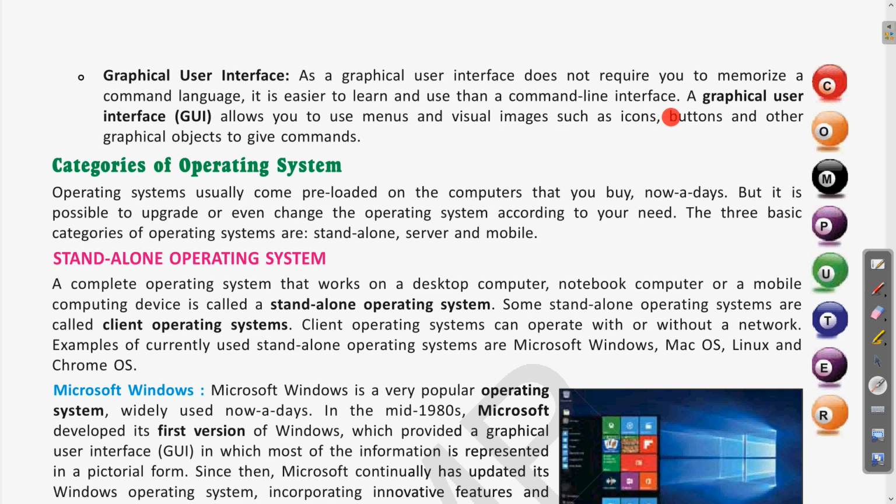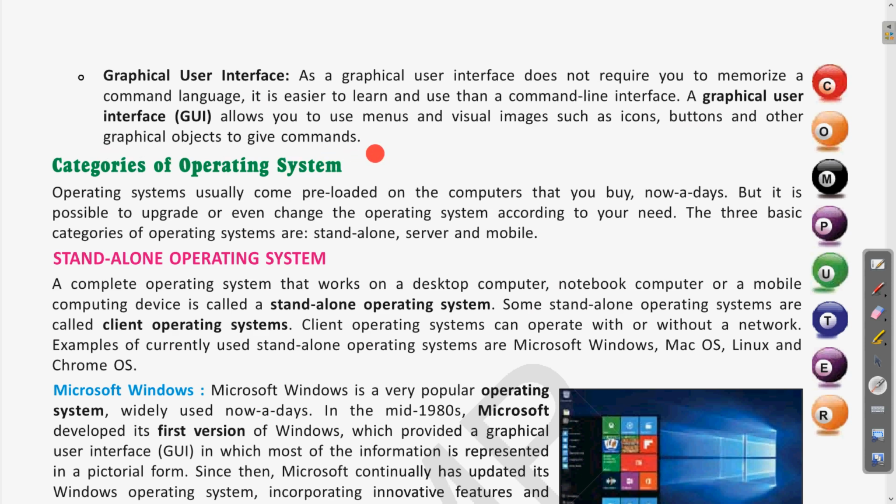So we have seen in the command line interface we have to know the exact keyword. If you do not have the knowledge of that keyword, then you will not be able to function on the command line interface. But the graphical user interface allows you to use menus and visual images such as icons, buttons and other graphical objects to give commands.